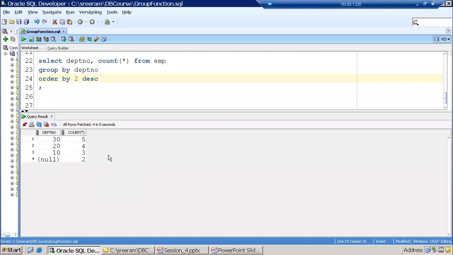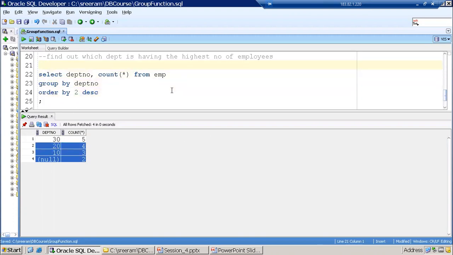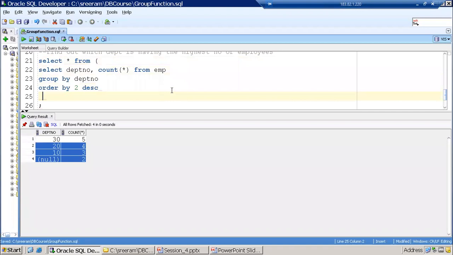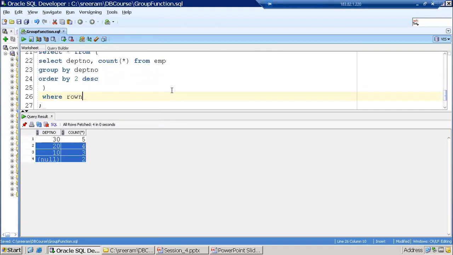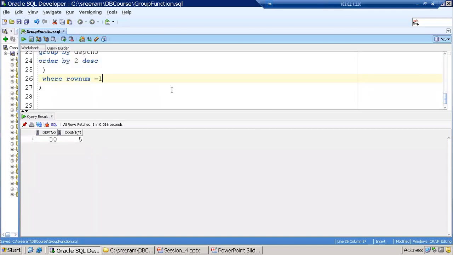Now the department number at the top is the one with the highest number of employees, but I don't want to display the remaining three records. What I can do is write a subquery for this. I'll write: select star from, where row num is equal to 1. So now it will display just the first record.